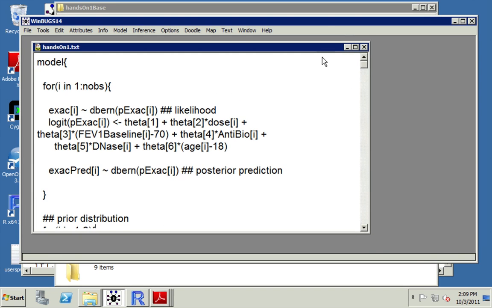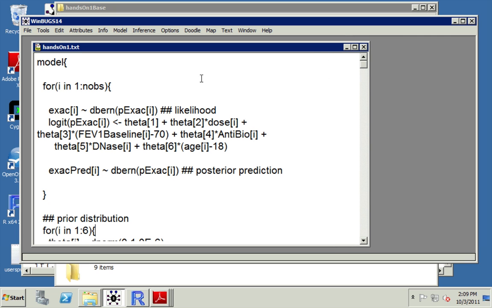And here we've got the model itself being expressed. Again, everything's inside of a model block. Then we have a group of observations. So we've got I from 1 to number of observations, which in this case is equivalent to the number of patients. The exact is our data item, which takes on a value of 0 or 1 for each patient. And so here we've got the